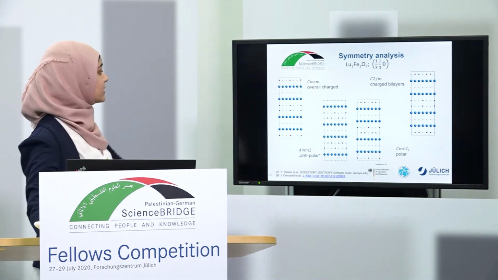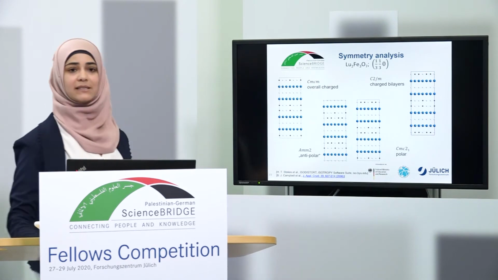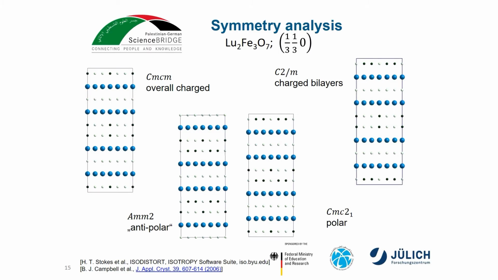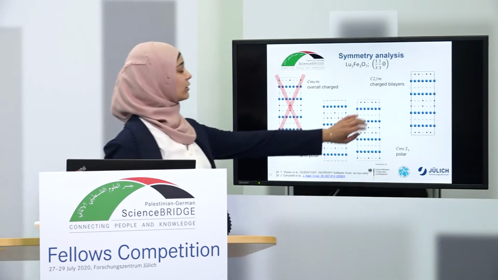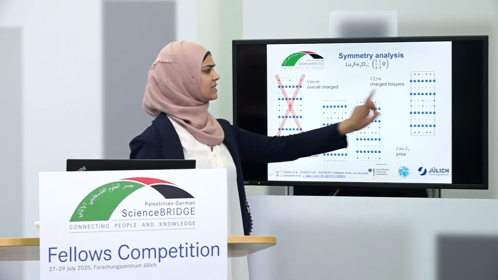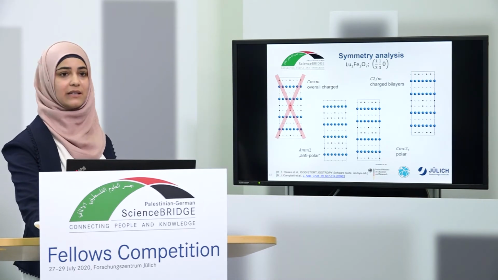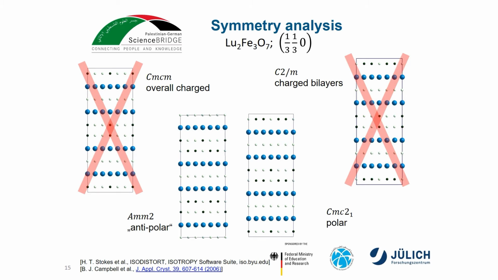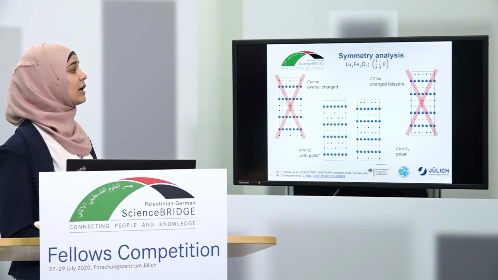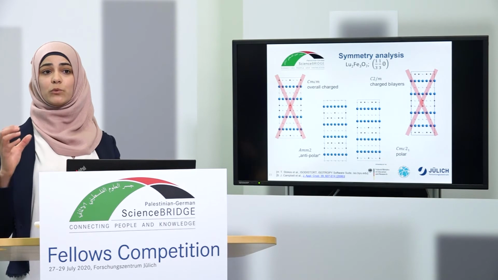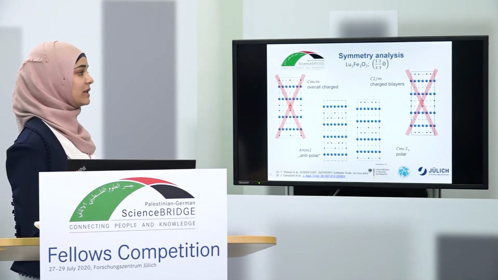The first one is this one. It's orthorhombic Cmcm symmetry. But this one is not possible. Why? Because the overall charge is not neutral. The second one is the monoclinic one, C2/m. This one has a charge by layers. But this one is also not likely. Why? Because the distance between the neighboring bilayers is about 6 angstrom, and the charge order in this symmetry is driven by the charge hopping between the neighboring bilayers. So this makes the